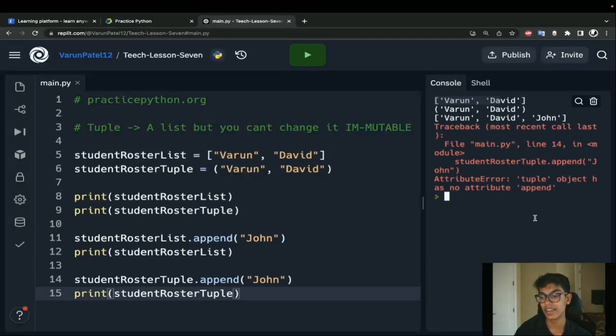What is it saying? You know how I talked about append being something that's specific to a list, or a specific data type, like that's how a method works. That tuple doesn't have the ability to append things to it. You can't change things in a tuple, or add things in a tuple. Okay, so we can't add things.